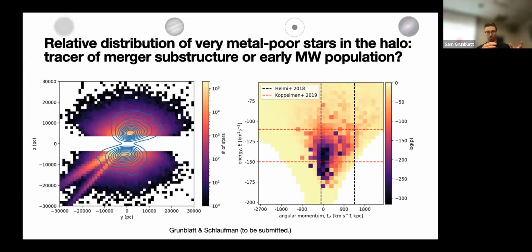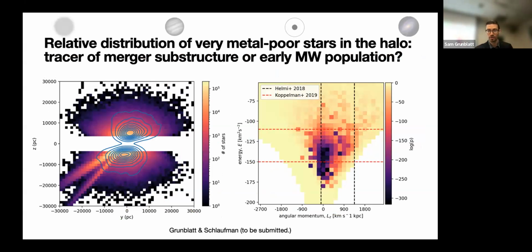And I've continued to work on this by thinking about the metal poor stars in the galactic halo. Basically, you can use Gaia information to compare the distribution of all stars in spatial coordinates, as I've done on the left, or in these kinematic coordinates of energy versus angular momentum that I'm showing on the right, to ask how well distributed, in this example, the metal poor stars are